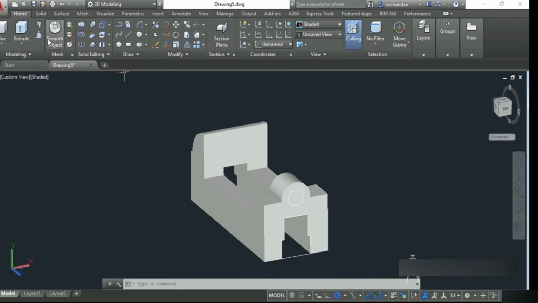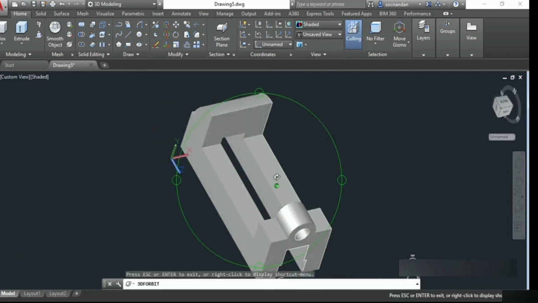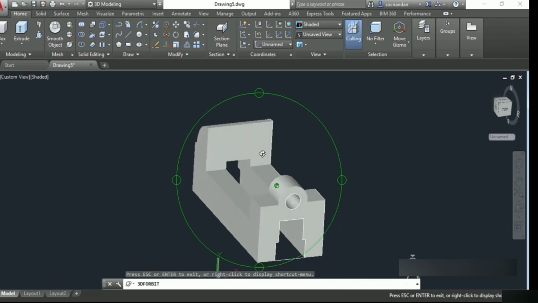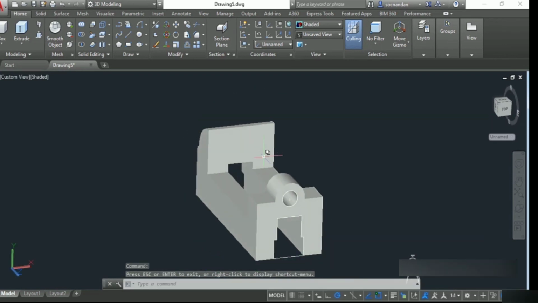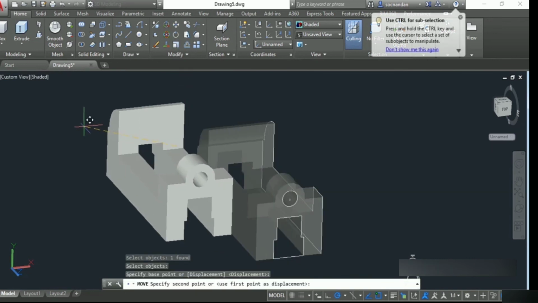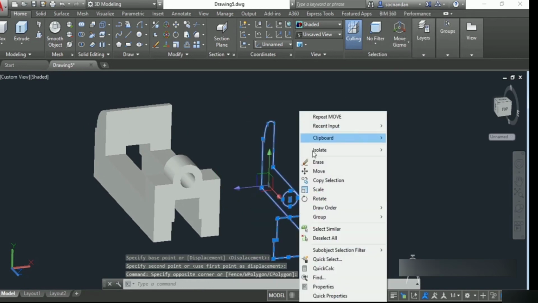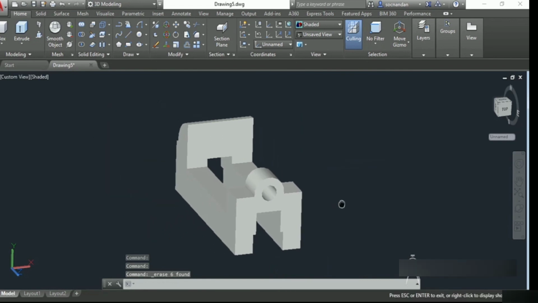Now once again go to this press pull tool and click inside the circle and make this geometry. So let's click at this point and press enter, and here we have it, the complete 3D geometry as per our requirement. And here also we can clean these 2D geometries by moving the object. So I'll select the move tool, select the object, press enter, move it to some other place, and remove all the 2D lines and other geometries from the drawing area. And here we have a complete